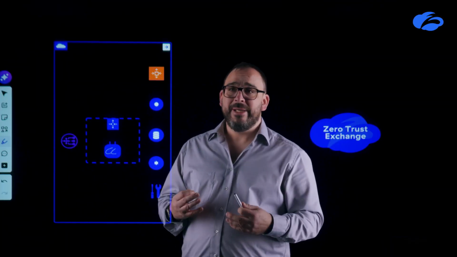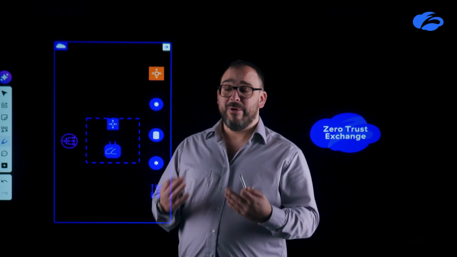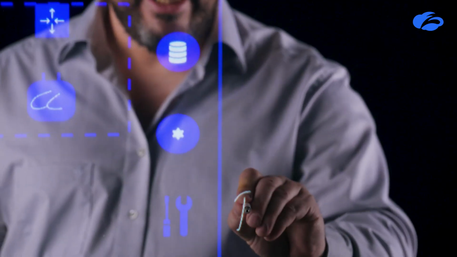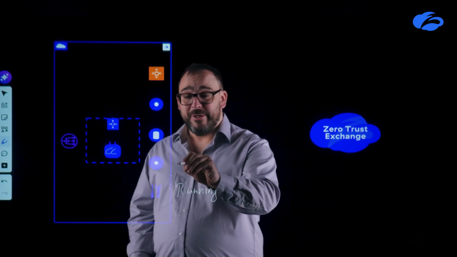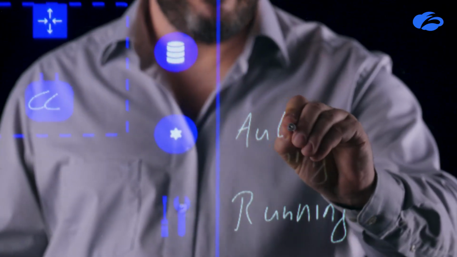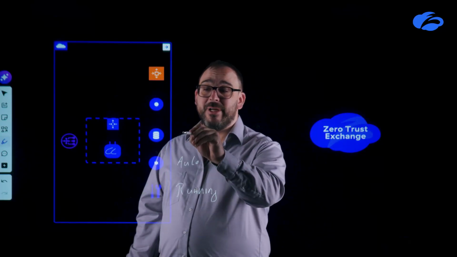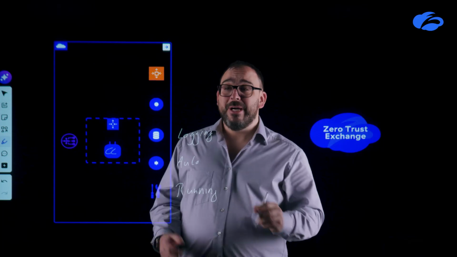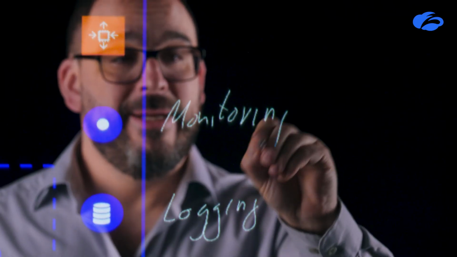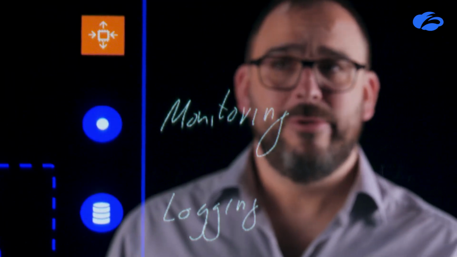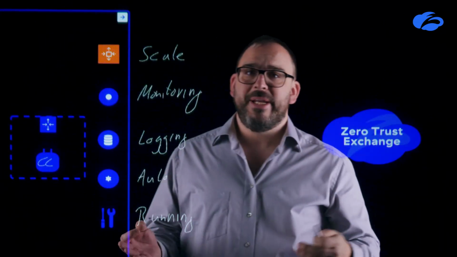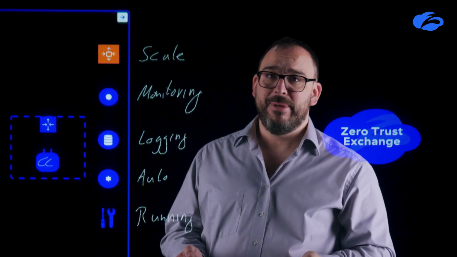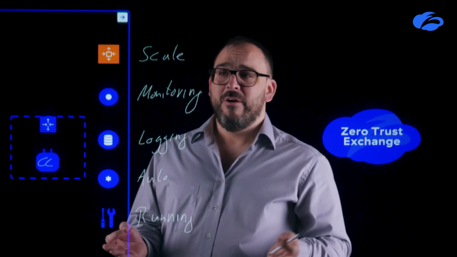So the Zero Trust Gateway is running in our accounts, and we are running it for you. You don't need to worry about deployment because this is happening automatically. You don't need to worry about logging because we are taking care of the logs, as well as monitoring the solution. And obviously, the entire solution is built to scale, so that at no point you need to worry about the scalability or the availability of this service.